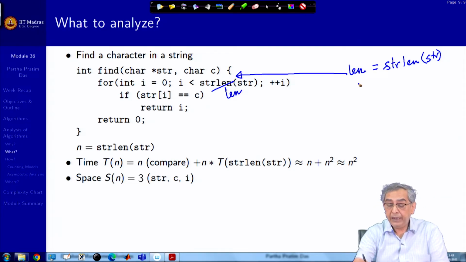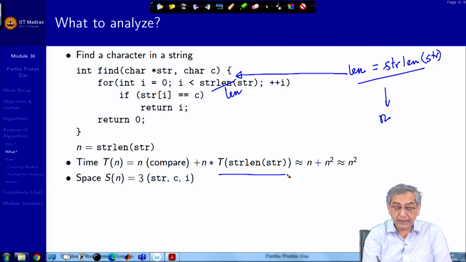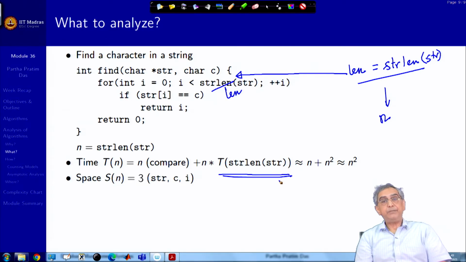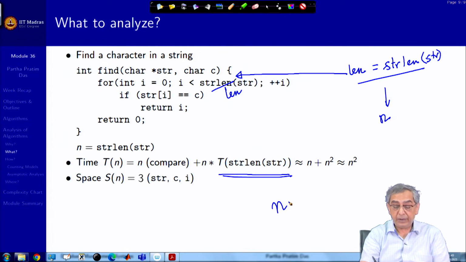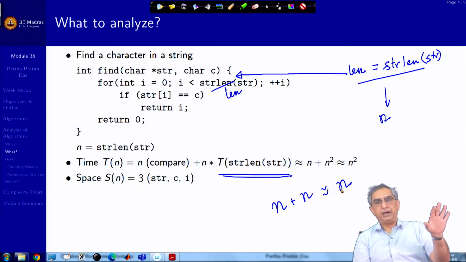Then what will happen? This will get computed in n, and you will not need this strlen time after that. So, this will turn out to be n plus n, which will be n. So, from quadratic it will become linear. A very simple one statement change can drastically improve your algorithm, and that is what you analyze for the time